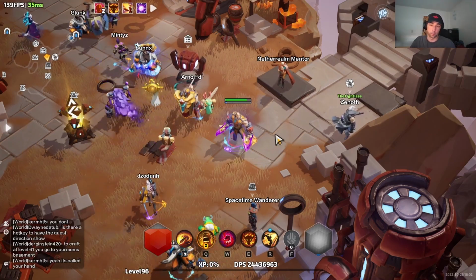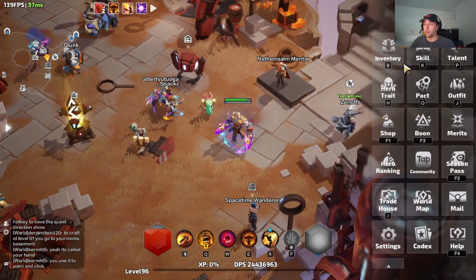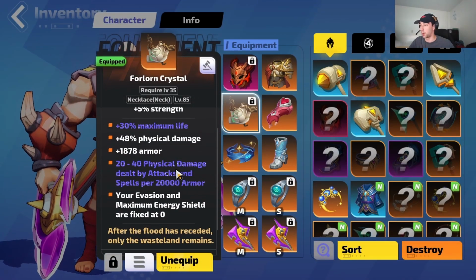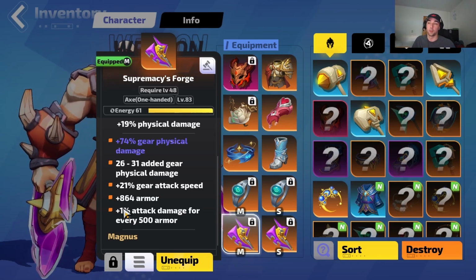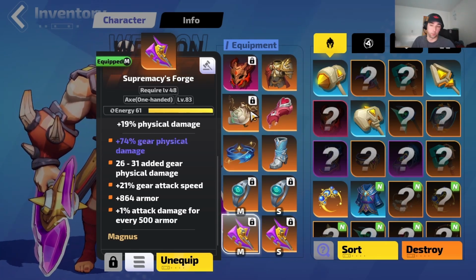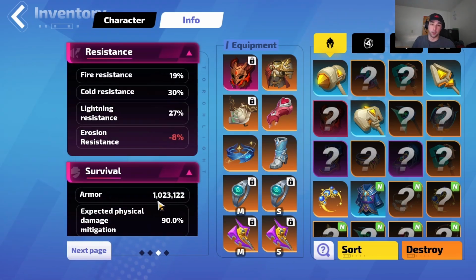Now, why are we doing armor stacking? Why is it so good, and why does it do so much damage? The main reason for armor stacking is that you have these very specific uniques in the game, mainly your necklace, which has this mod, and your weapons, which both have this mod on it, that scale your damage through the roof the more armor you have, and you can easily get to 1 million armor with this build. So once you do the math on this, the numbers are absolutely insane. I'm currently at 1 million armor, as you can see, but I could fairly easily get to about 1.4, 1.5